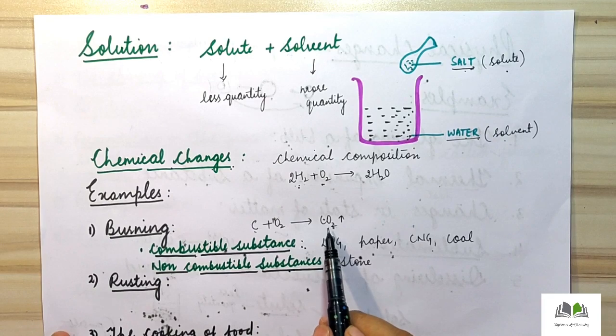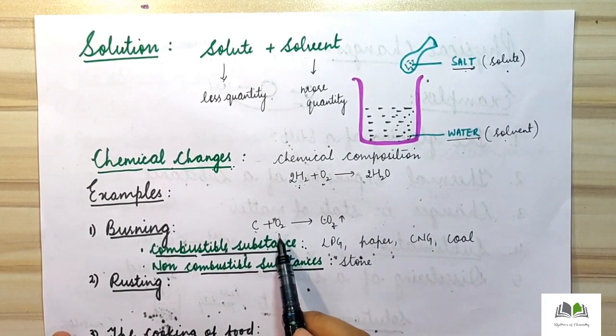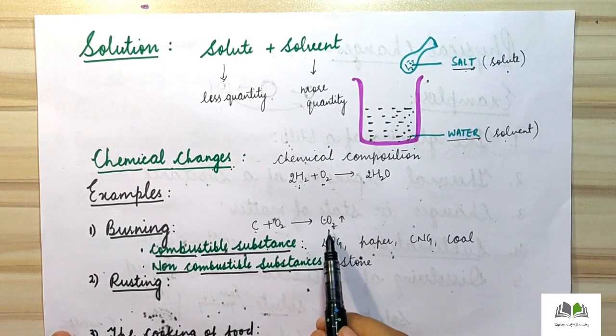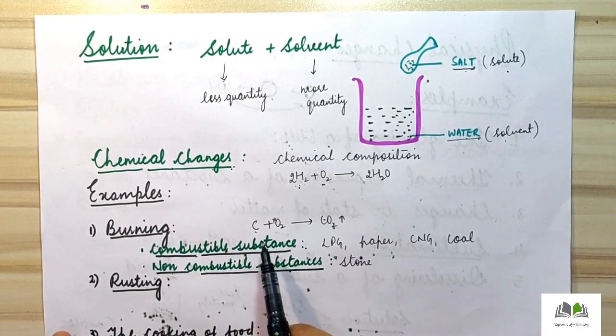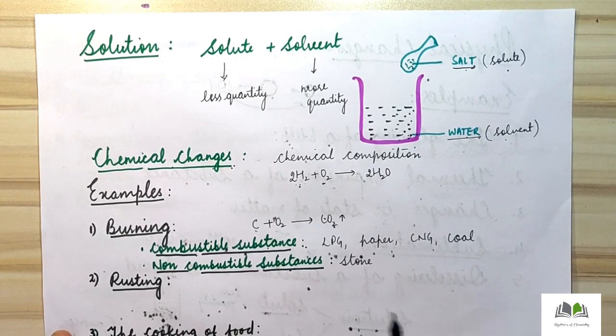Now this carbon dioxide, normally we cannot convert back into carbon and oxygen. So it is a type of permanent change. It cannot be reversed easily by using physical methods. Now second